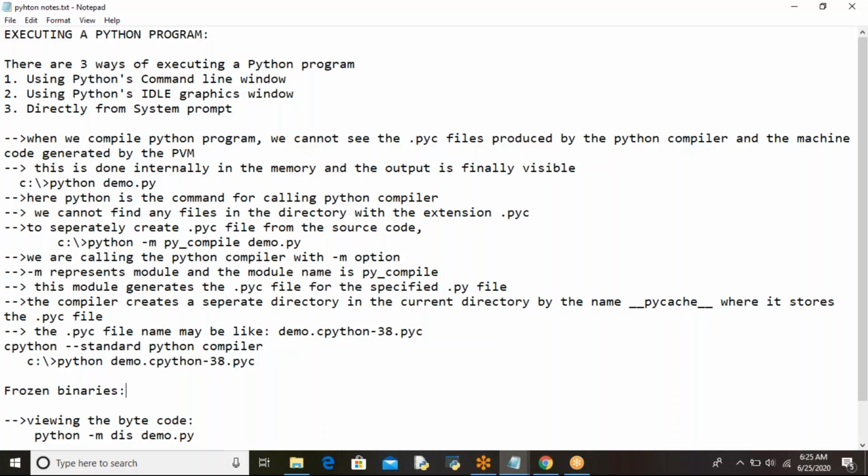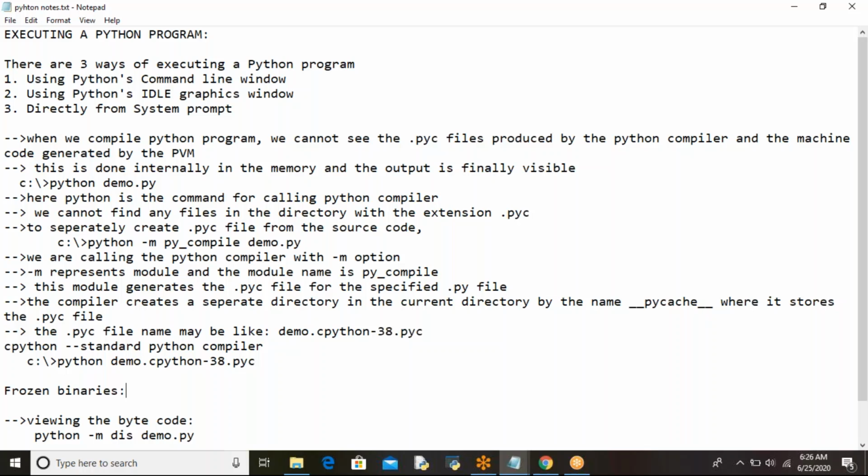That's okay. But to create this type of frozen binaries, we need to use some other third-party software. For example, for the Windows operating system, if you want to create frozen binaries, you are going to use Py2exe software. And for Unix or Linux, you will be using PyInstaller, Freeze, like that. Other software you will use for generating frozen binaries. Got it? Py2exe or Freeze, PyInstaller, like this. Understood my point or not?